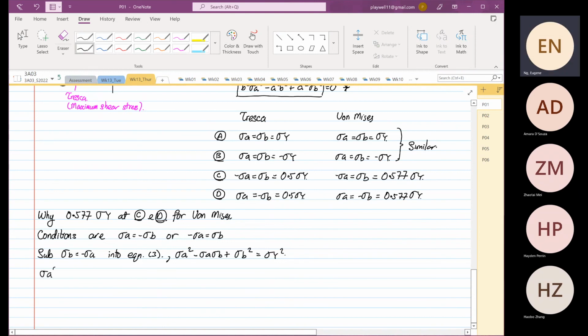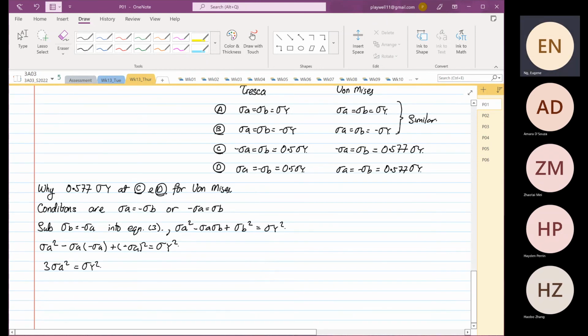So sigma A squared minus sigma A multiplied by minus sigma A, plus minus sigma A squared. This will be equal to stress U squared. Okay. So when you square everything, minus minus become plus, 3 sigma A squared is equal to sigma U squared, right? So sigma A is equal to